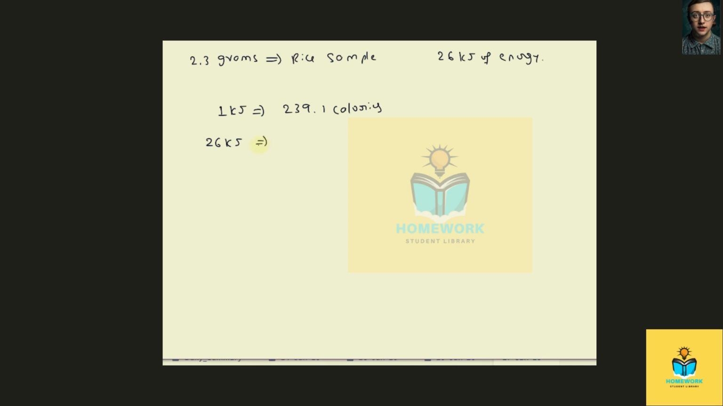For 26 kilojoules, how much is it? So 1 kilojoule is equal to 239.1 calories. For 26 kilojoules, how much? So you multiply 26 with 239.1. 1 kilojoule contains 239.1 calories, but 26 kilojoules contain how many calories? That's why I am going to multiply 26 with 239.1. So it becomes